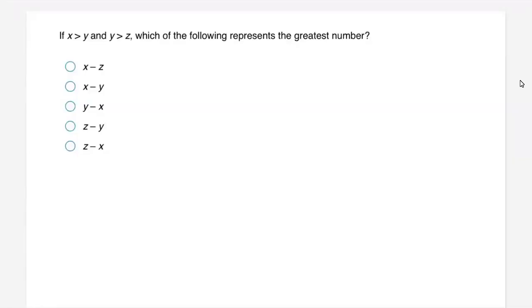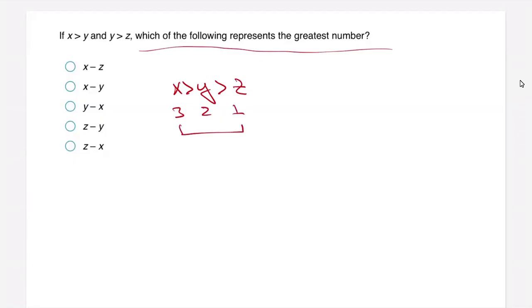Done? Look, guys, if x is greater than y and y is greater than z, it's like this. Which of the four represent the greatest number? I will put 3, 2, 1. The greatest number is the biggest distance. So,